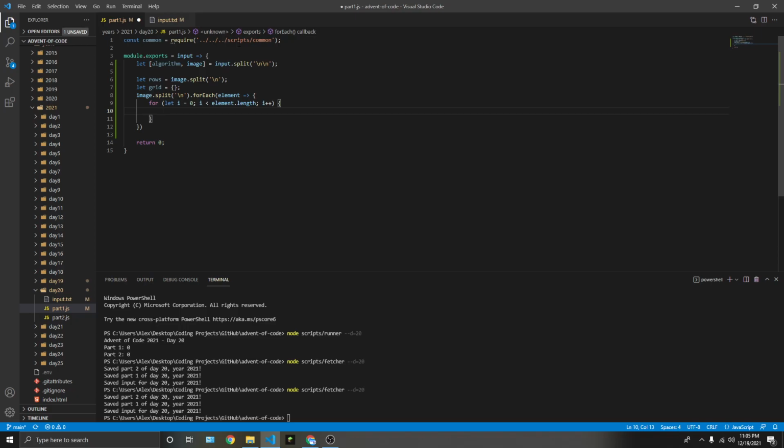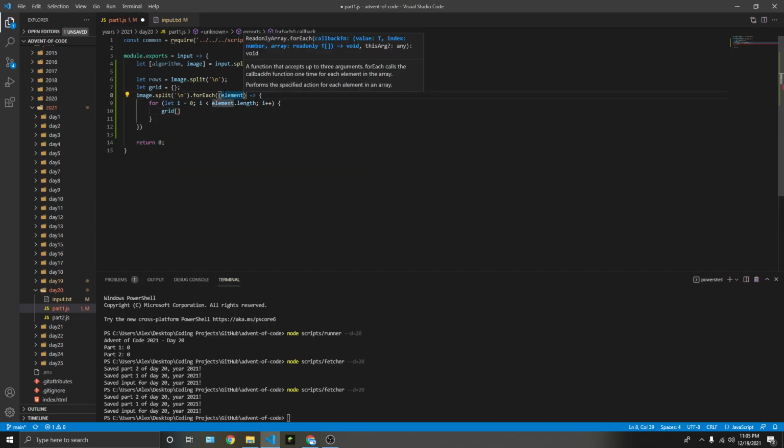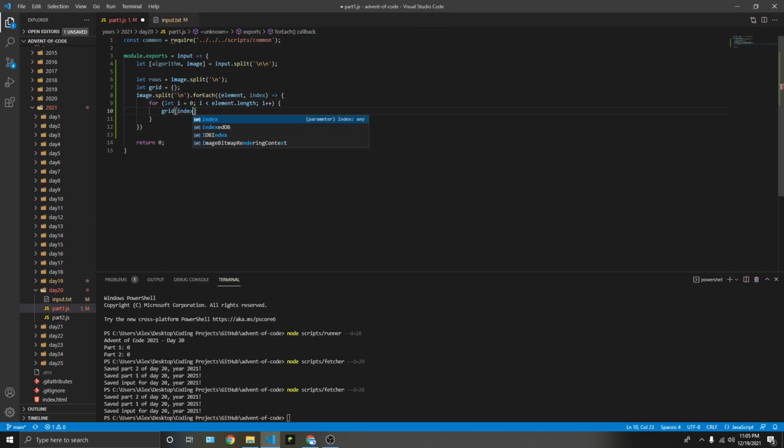And so we need to say grid of, and then we have index, so that's going to be the y, and then grid of x, which is the I, and then y is the actual index, is equal to